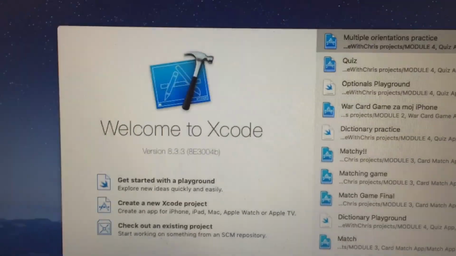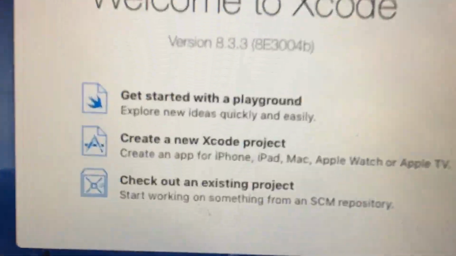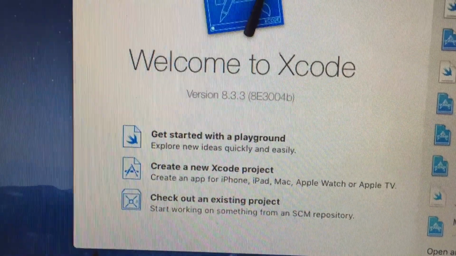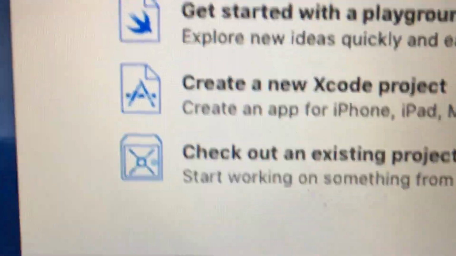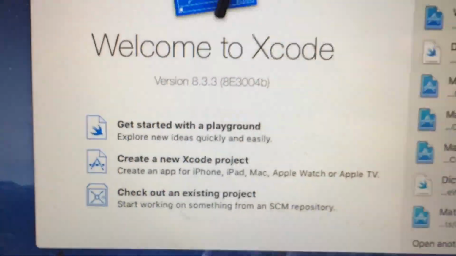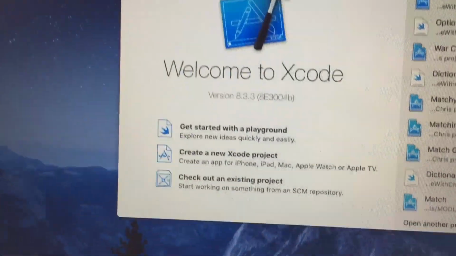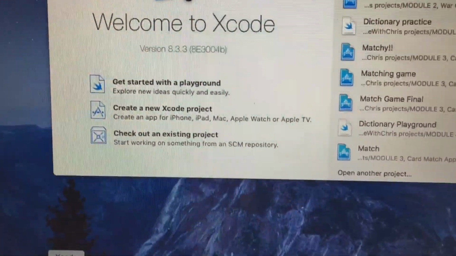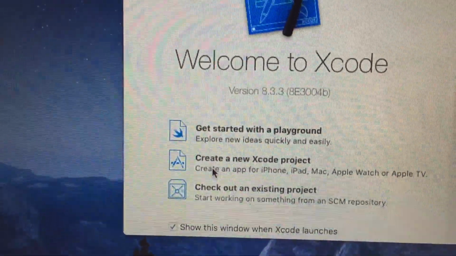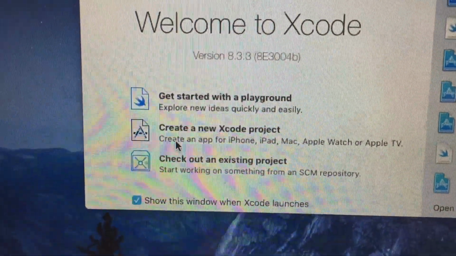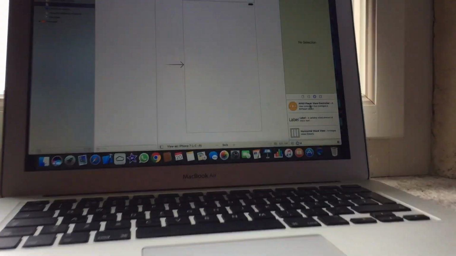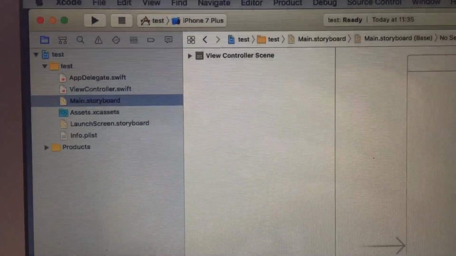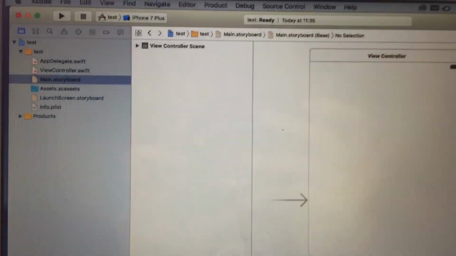So when you open Xcode, this window will pop up and it says get started with Playground, and Playground is a place where you test code, and below that it says create a new Xcode project. So in that you're gonna create your app from zero to publishing to App Store. So let's click create a new Xcode project. So guys, this is the Xcode project loaded up, and I really can't explain everything to you because I'm just